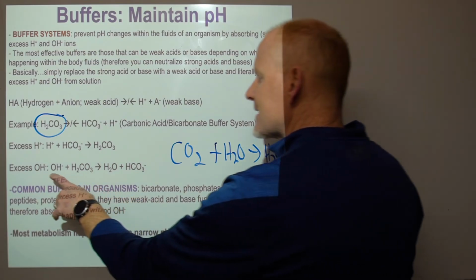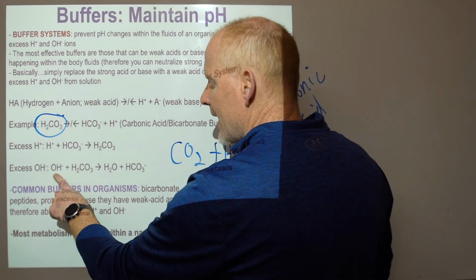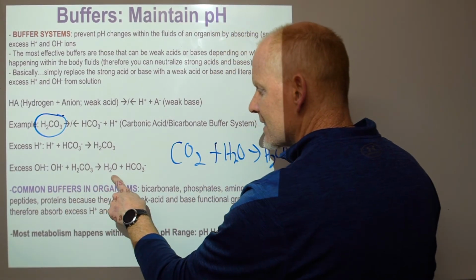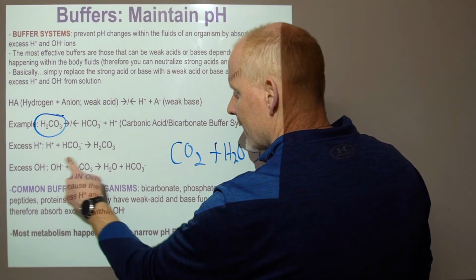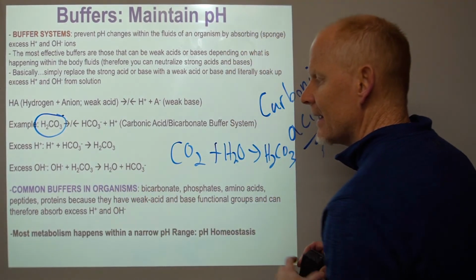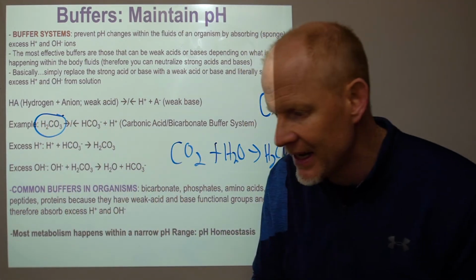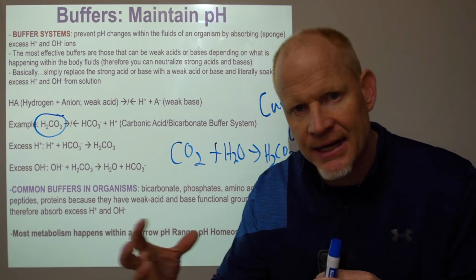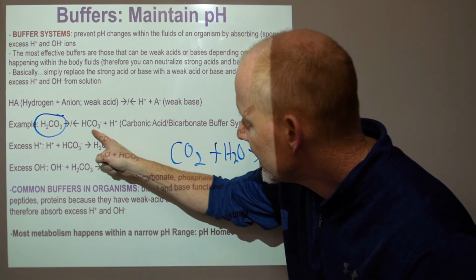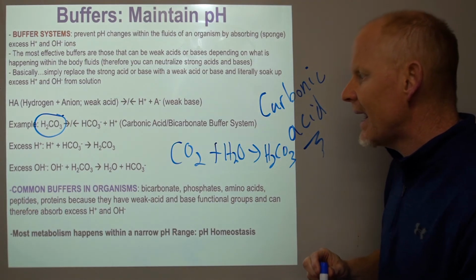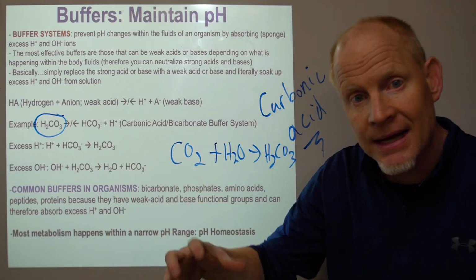Or if you bring in excess base, you eat something that's really basic, then the excess hydroxides will react with carbonic acid to form water and bicarbonate. So you take one of these and add it to there, and you get water, and then you get a bicarbonate. So this acid is really awesome. It is a weak acid. It doesn't tend to break down. It does dissociate a little bit to produce two molecules, bicarbonate and a proton, that can actually absorb excess protons